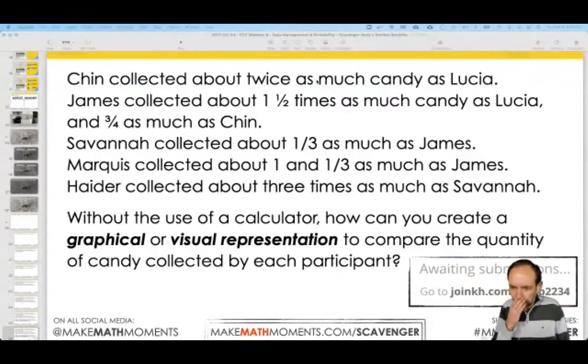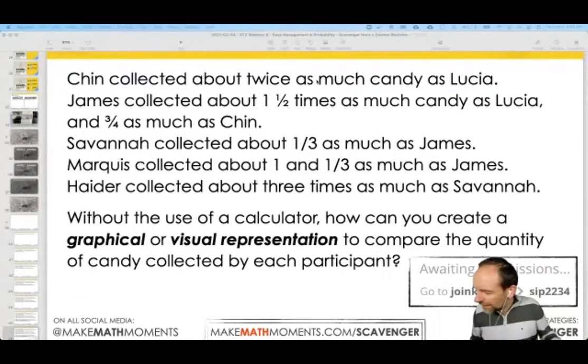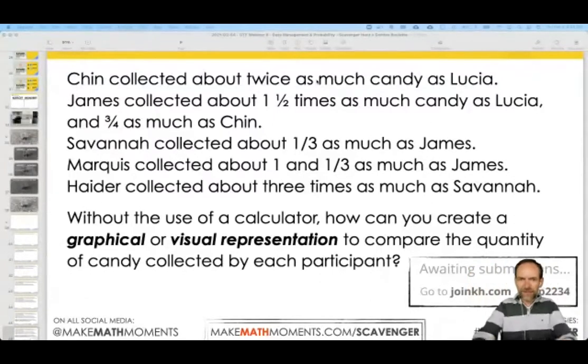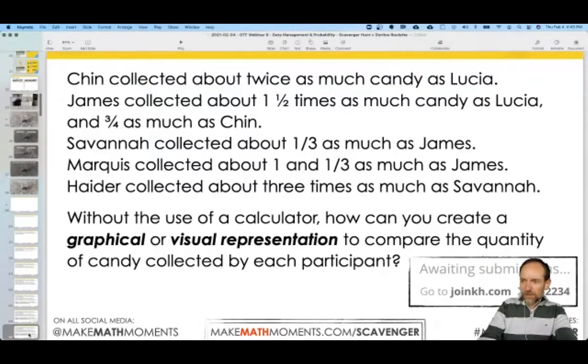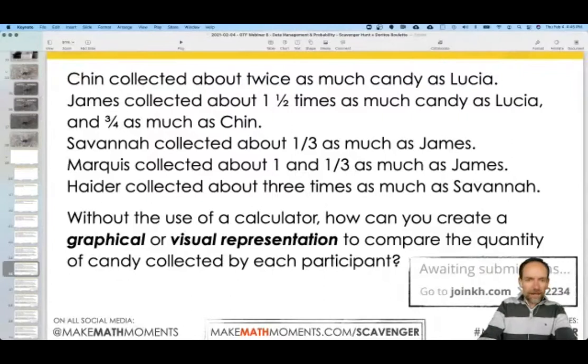Let me have a look here. Super. And then says, then I change it to Lucia to be 2 and Chin to be 4. And then 1.5 says James would then be 3. Super cool. So you've got a lot of different ways. Awesome stuff. Is there anybody who would like to share? John, if you want to tend to the chat as well, I'm in the chat. As well as if there are any other brave souls who'd like to share, that would be awesome as well. I'm going to pull up a couple of these solutions that have been submitted.